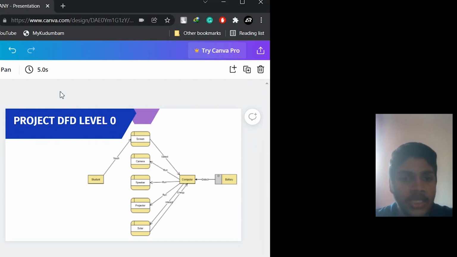Here we have project DFD level 0 of our smart table. This is the diagram, and I will explain a little bit about this diagram. First, we have student and computer as an entity, and some processes, which is screen, camera, speaker, projector, and so on, and data, input data,